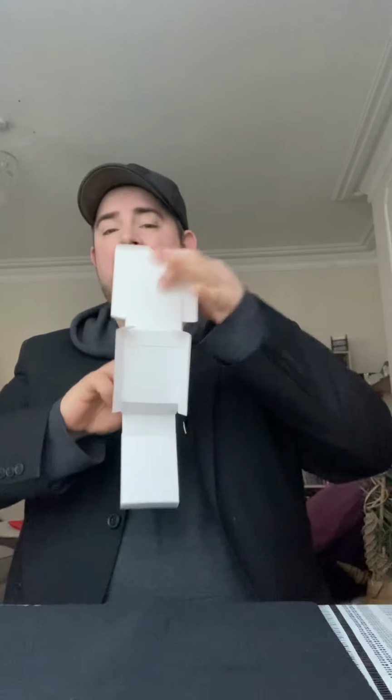My mum and dad, they didn't have much money. They couldn't afford to buy me props and such, so I had to kind of make my own. Take, for example, this card box. But along the years I've been doing magic, I'm now able to make these things. And I'm able also to make something